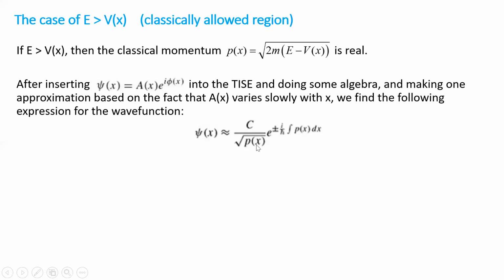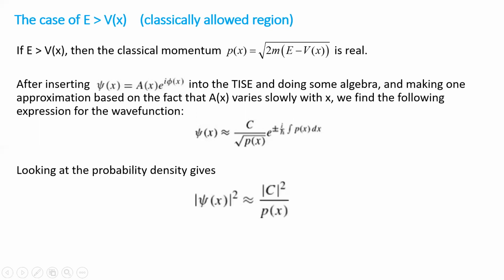It's very general because we can say this V of x varies in space. It's a closed form expression for the wave function in terms of V of x. And if this integral here, we can often do this numerically if V of x is an irregular function. But anyhow,